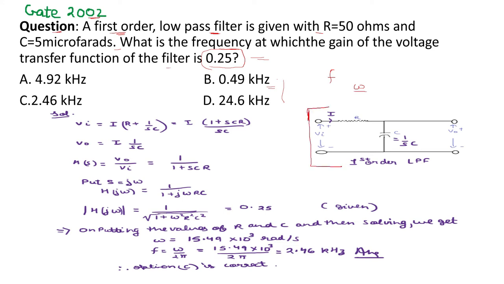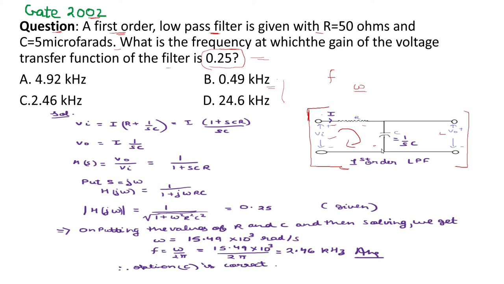You have to remember this basic first order low pass filter and high pass filter circuits, because it will be asked directly like this in exams. So this is your first order low pass filter, and this is your input, this is output, and this is the current flowing. So if we apply KVL here, then we get input voltage is equal to current into R